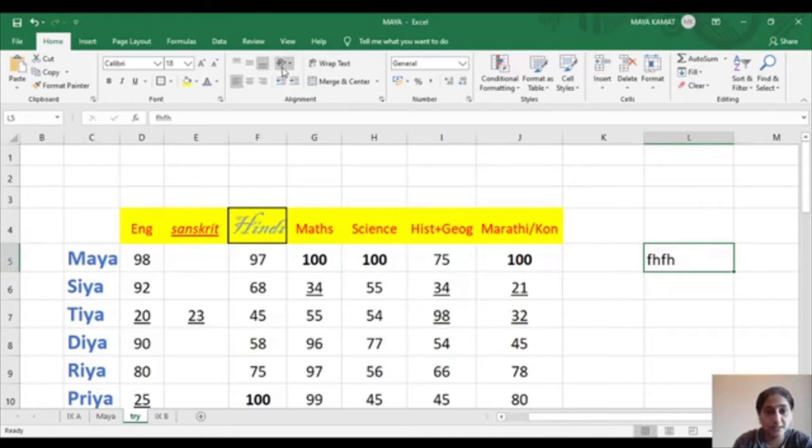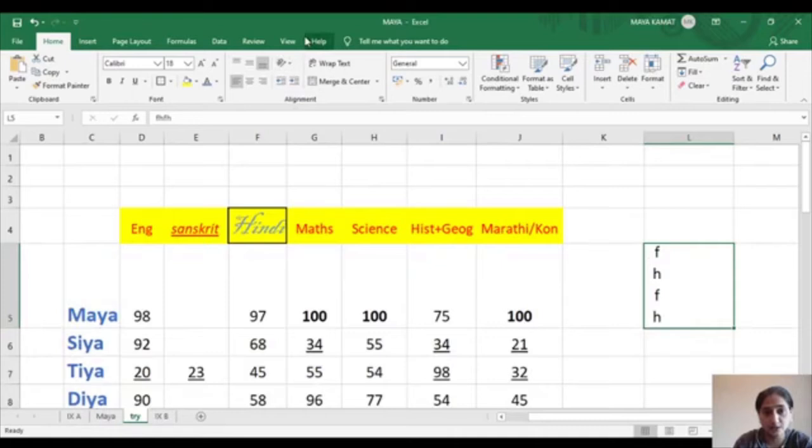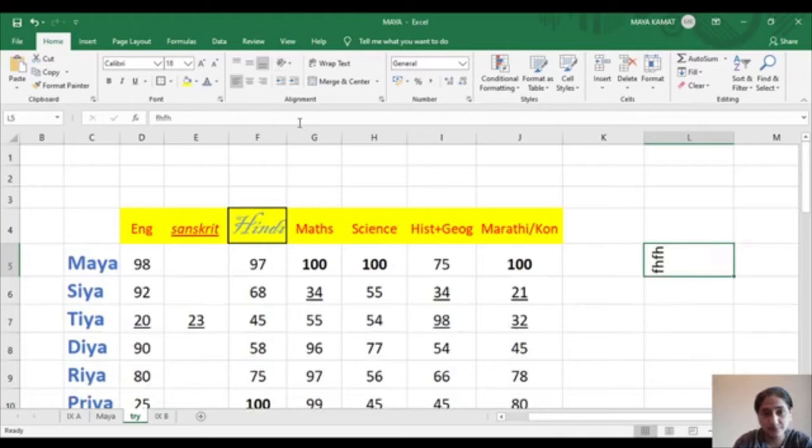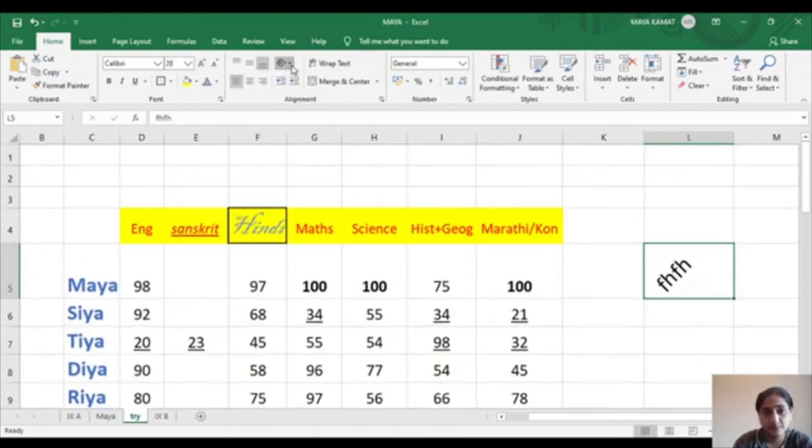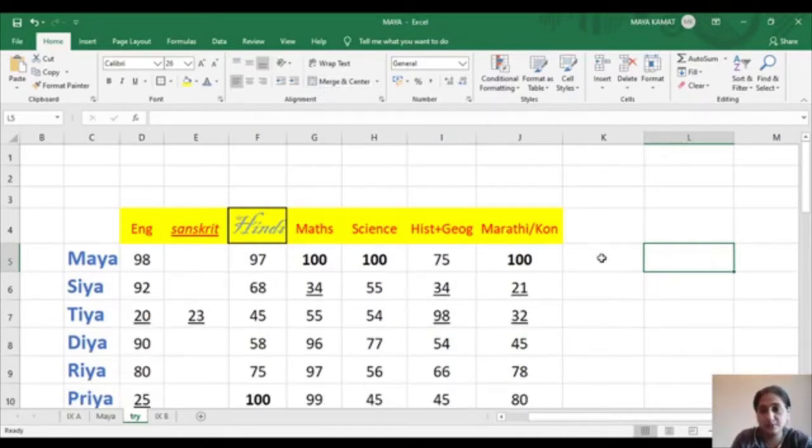This is to change the orientation of your text. When I say, let's say vertical, the text will shift to vertical. Let's say rotate text up. Please notice the change. Are you all able to see it? Yes, teacher. Rotate text down. Angle counterclockwise. If you want, I could increase the font size. And angle clockwise. Clear?